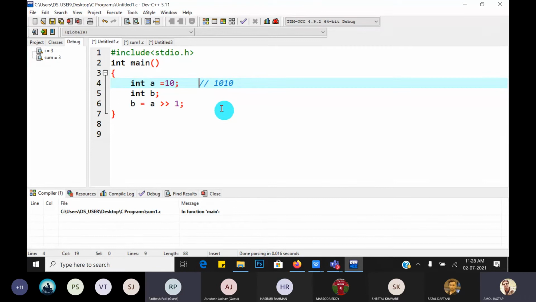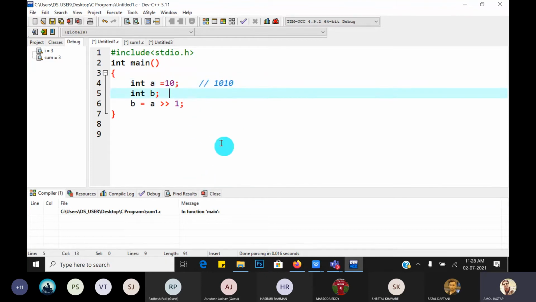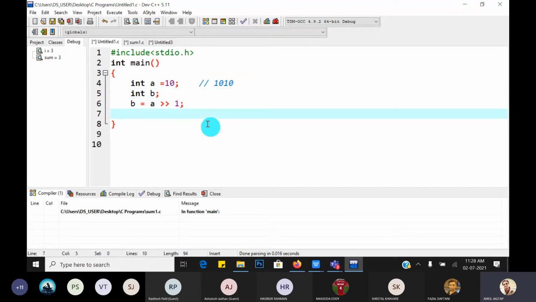Okay. So this is 1010, the binary representation of 10. The initial value of b is null, then left shift, then what is the value of b? printf value of b, b is equal to percentage d.